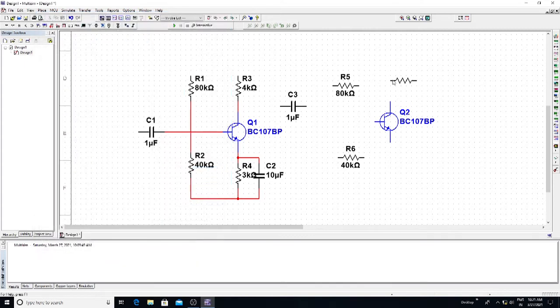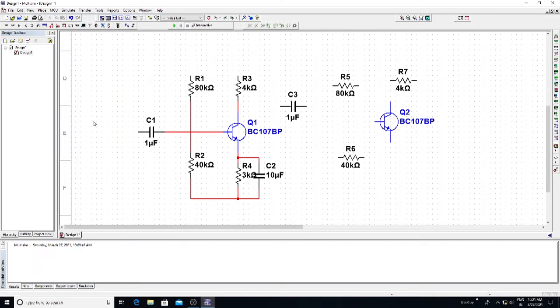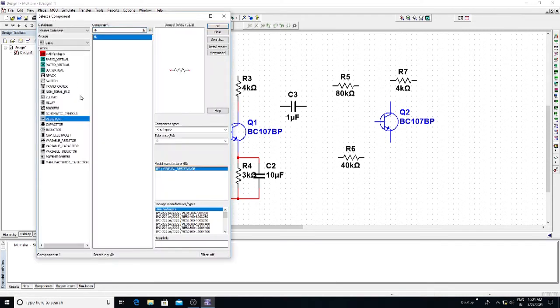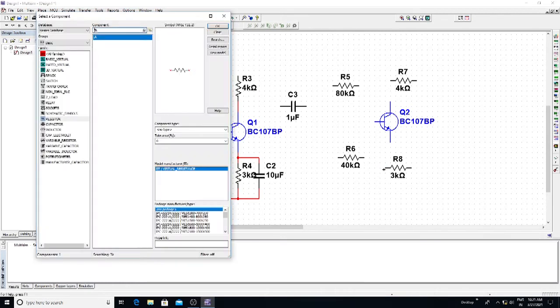Click on OK, place the resistor here. Another resistor which is connected to the emitter is 3 kilo. Go to place again, component, select the resistor and click here 3K. Okay, place the resistor here.